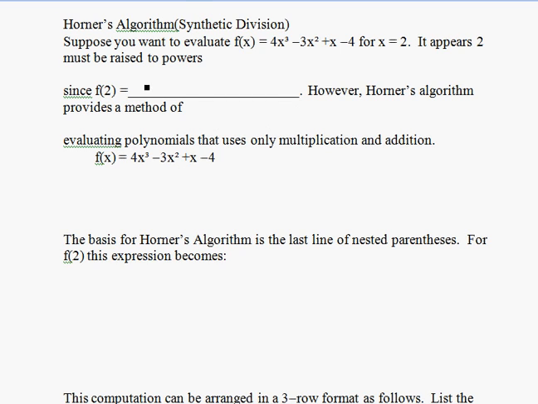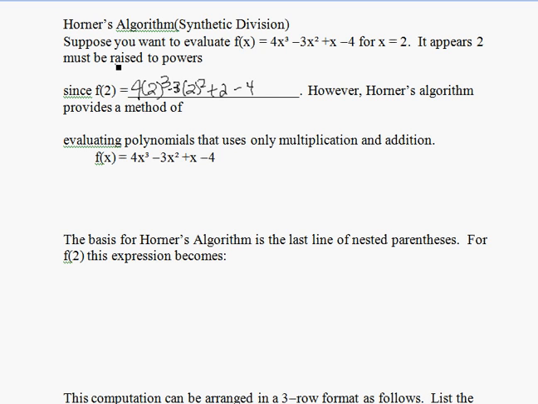Okay, this is just a little breakdown of how synthetic division, or Horner's algorithm, works. First off, I just want to take this function here and evaluate it at 2, and we're going to simulate dividing x minus 2 into this polynomial using synthetic division in a second. But the first thing I want to do is take 2 and plug it into this function here. It's kind of ugly because it's 4 times 2 cubed minus 3 times 2 squared plus 2 minus